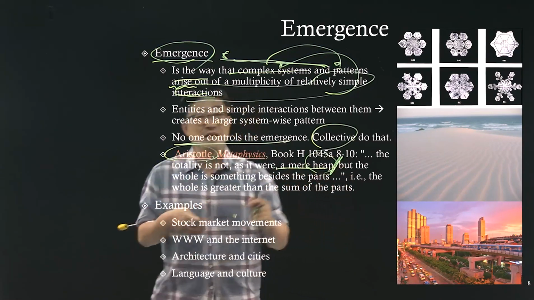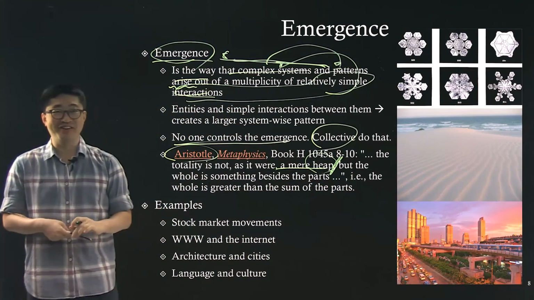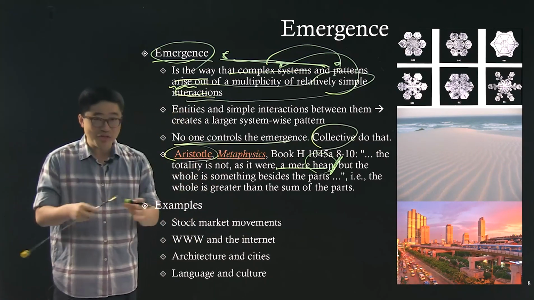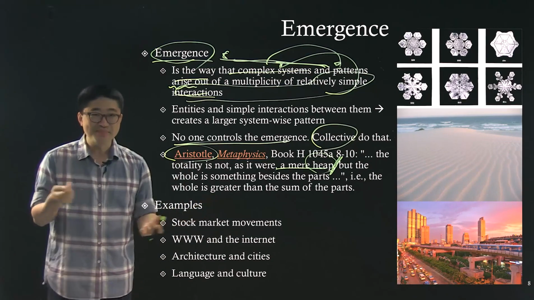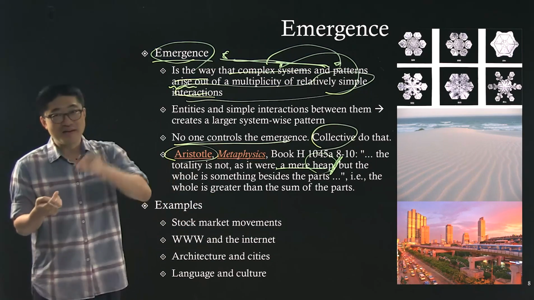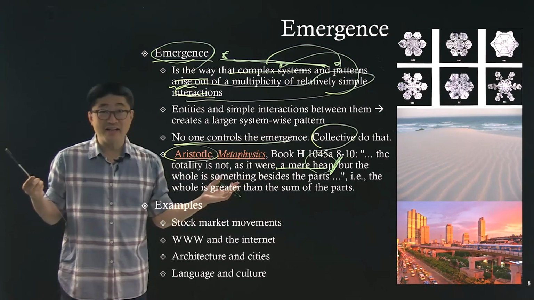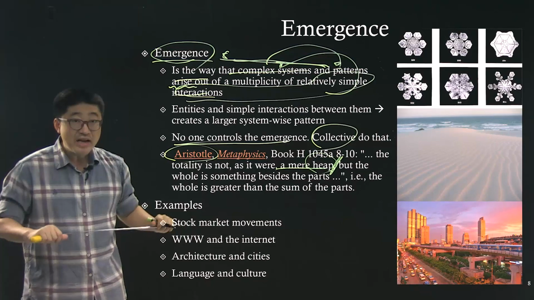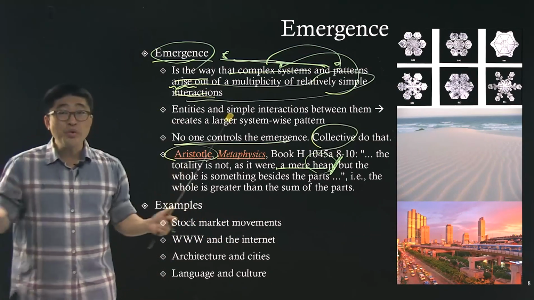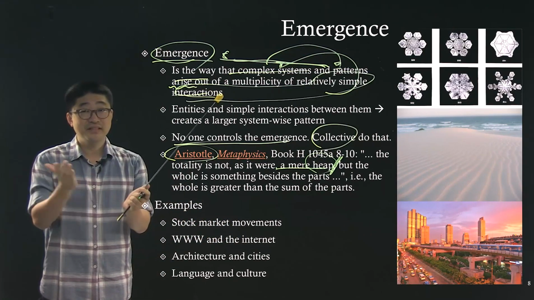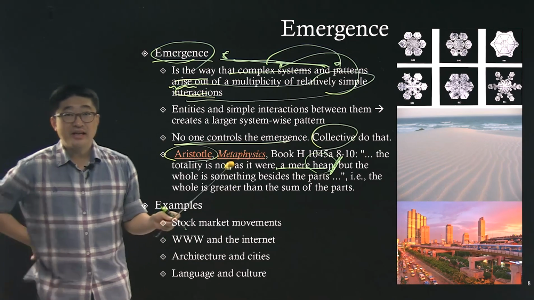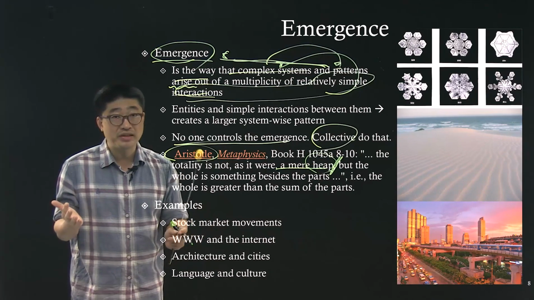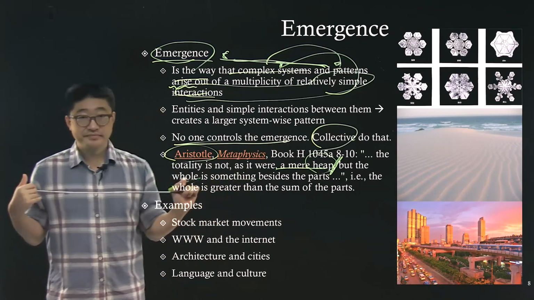Okay, what is a heap? Heap is like a data structure. In the data structure course, I teach what? Binary heap. A tree-like shape which is balanced, right? And we can put everything in there, so it's like a garbage can, and we take out with some priority, right? That's the binary heap. And heap is like a holding place in general words. And totality is not just a collection. It's not a mere collection. That's what Aristotle is mentioning.